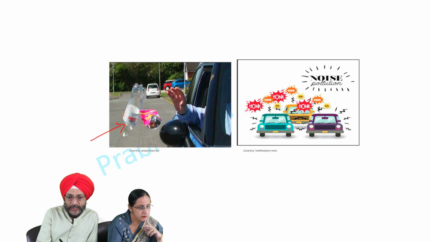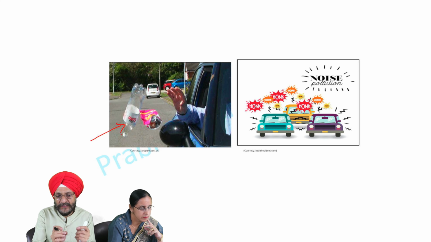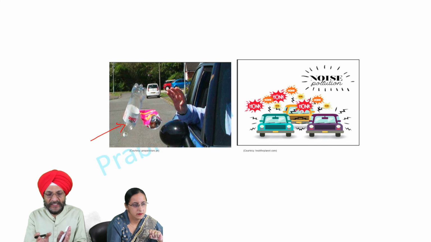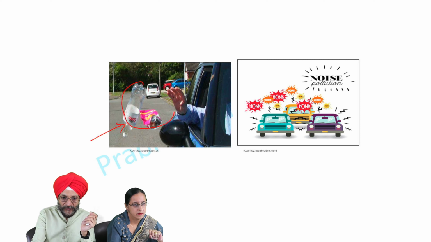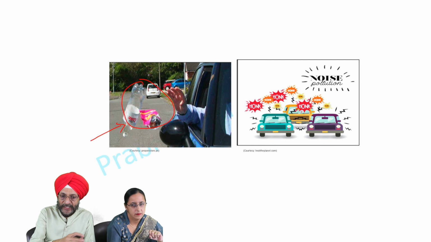From the next picture, you can see that someone is driving the car. He has taken the cold drink and eaten some chips, and he has thrown the empty bottle outside his car, and also the packet containing the chips has been thrown out. That is, all these types of waste material will ultimately result into a lot of garbage on the public road, and it may also cause harm to any of the two-wheelers which may be coming on the road.